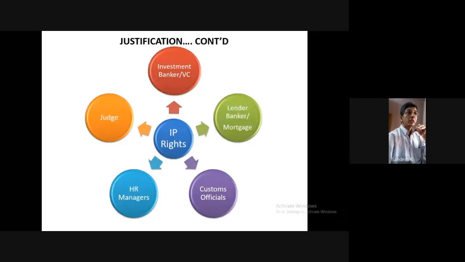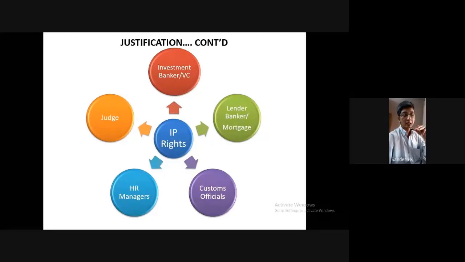So the financial institutions, they value all these kinds of properties in terms of a financial number, maybe as a trademark or patent. They will give a weightage for IP rights. So everywhere, either it is the customs office or the courts, also in the bank, it counts, even though it cannot be measured. There may not be a physical value, but they try to give a physical value when we sell it or when we buy it. Okay, next.